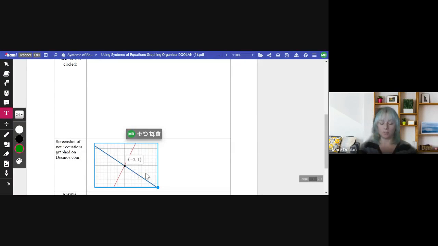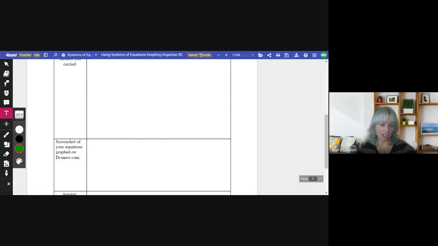This is just a specific example that doesn't necessarily apply to any of these problems, but you would graph two lines the same way. I'm going to actually delete that out. I'm going to delete it with a little trash can like that. Okay, and so what we're going to do next